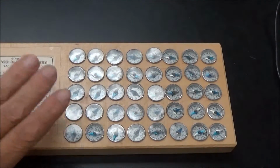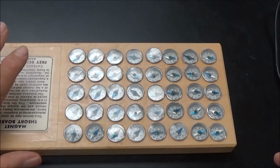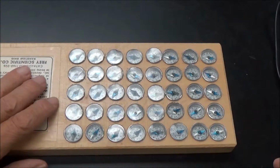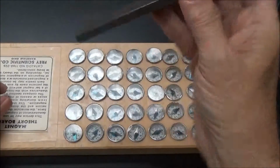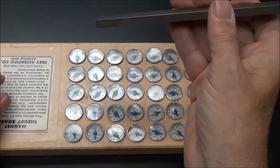Okay, now this is very good to demonstrate magnetic resonance imaging. In an MRI, the little water molecules in your body, of which most of your body is made, they will flip over in an oscillating or changing magnetic field. And when they flip over, they give off tiny little amounts of electricity, which can be picked up with very